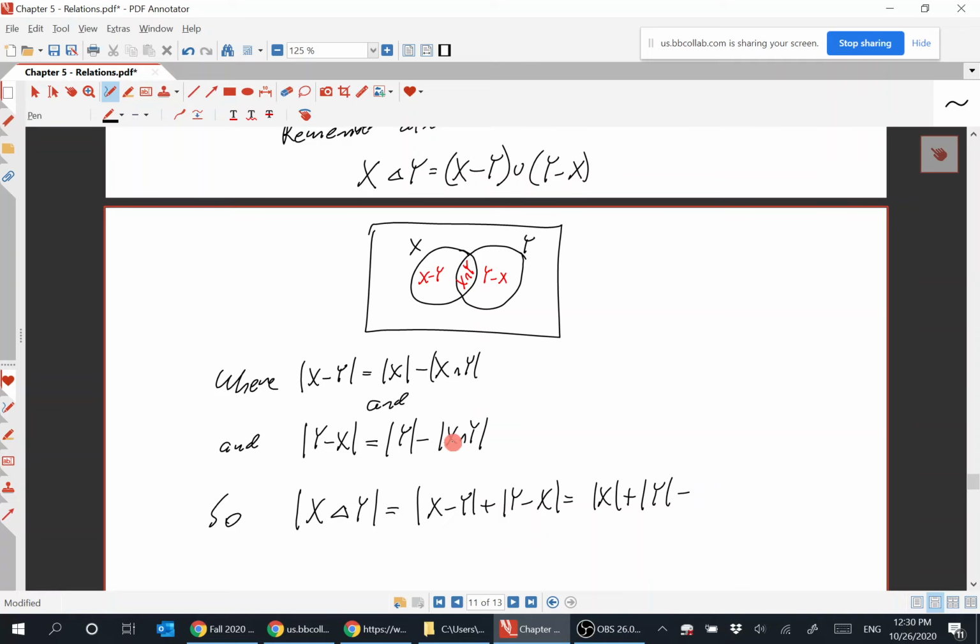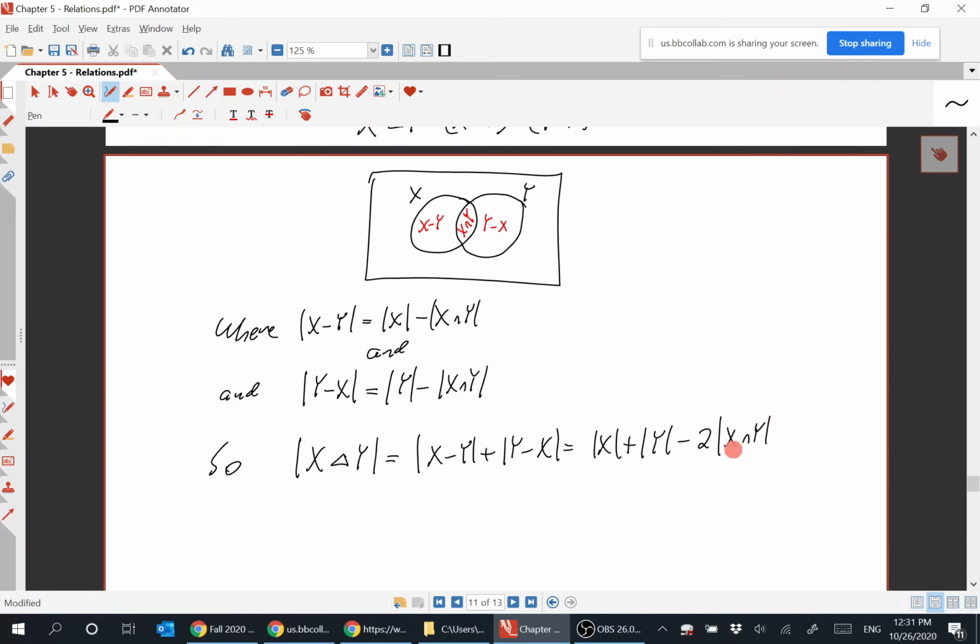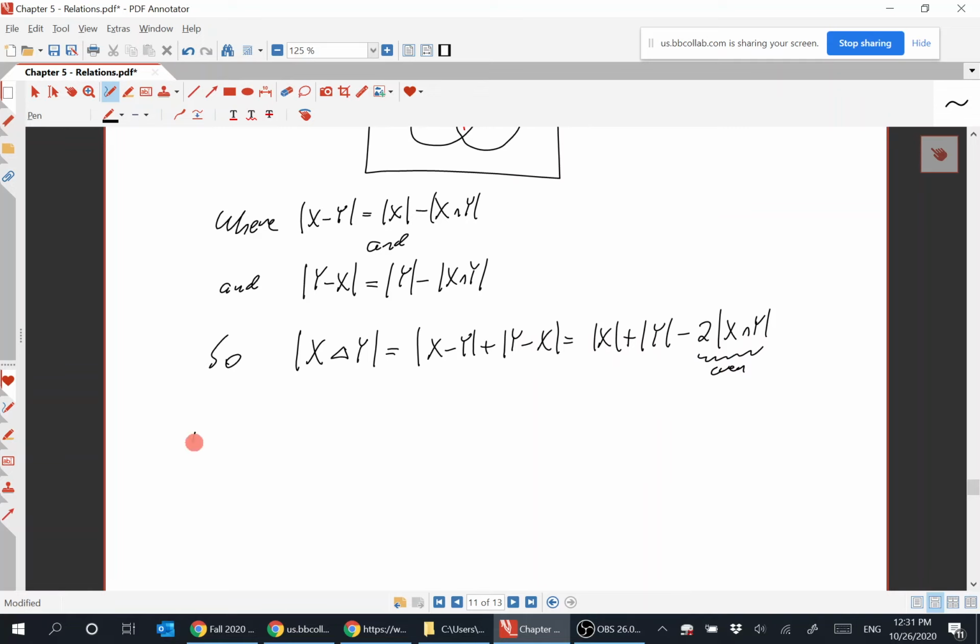How many of these? 2. So minus 2 times the order of X intersect Y, where that number right there is even. Therefore,